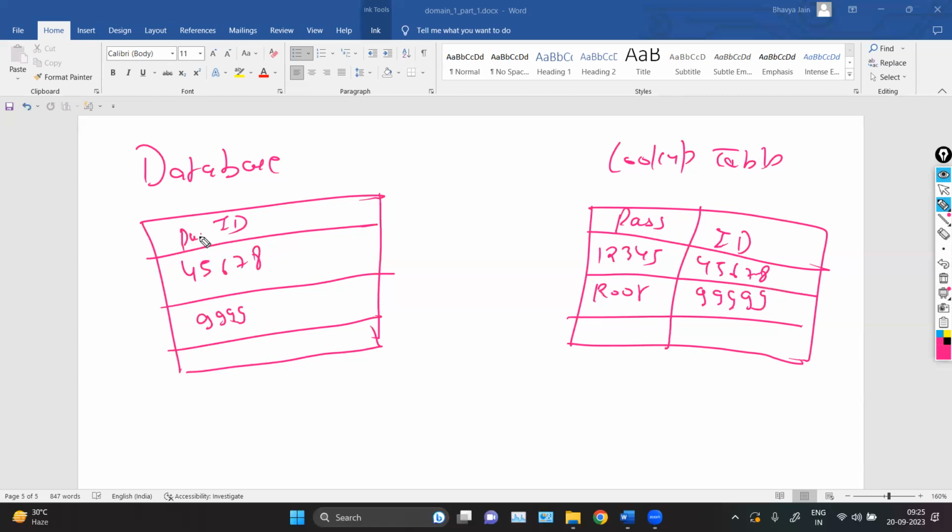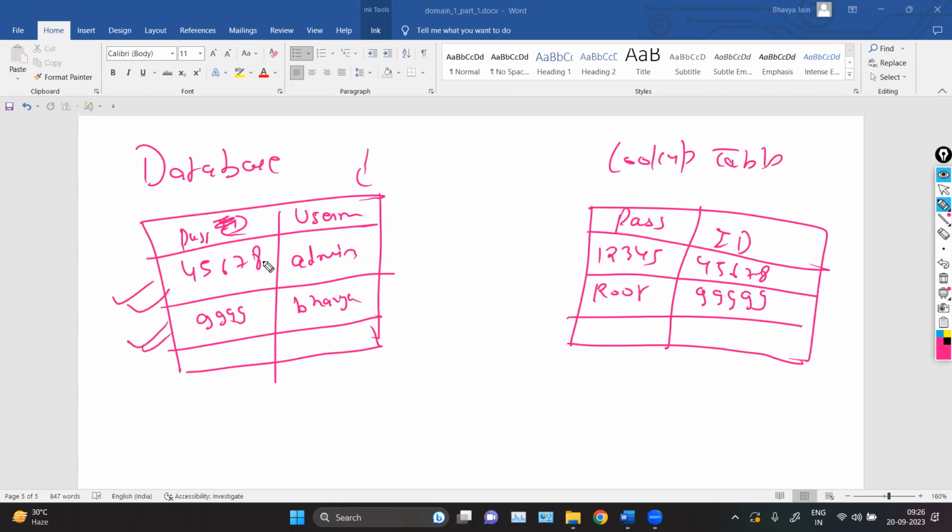So now these are your real passwords, and these are your usernames. Let's say the username is admin, or the second username is any username. So basically now there's a username and a password corresponding to your username. But now this is no longer a password. This is an ID here.